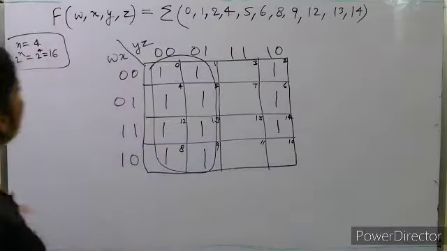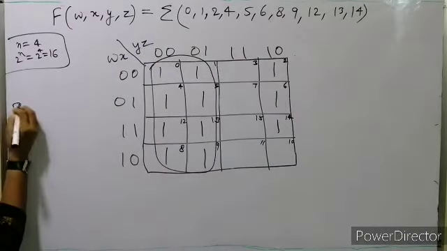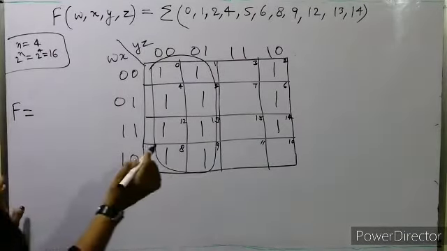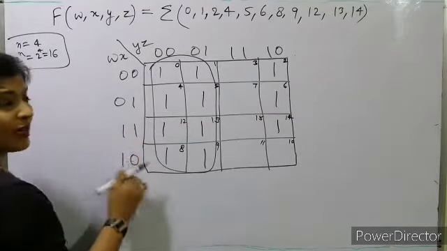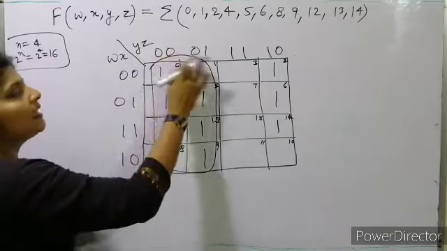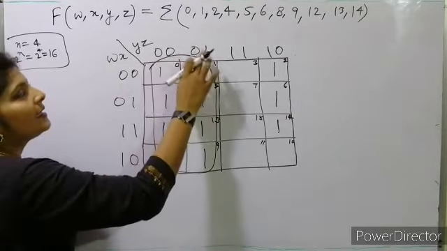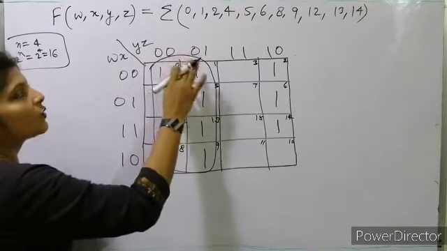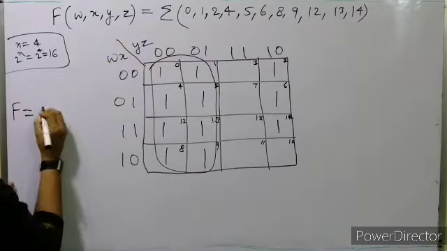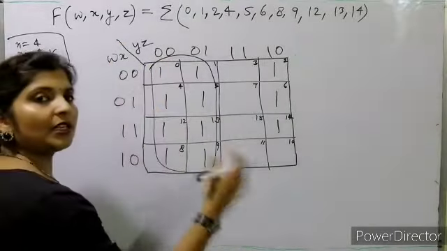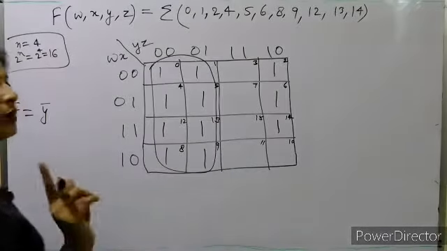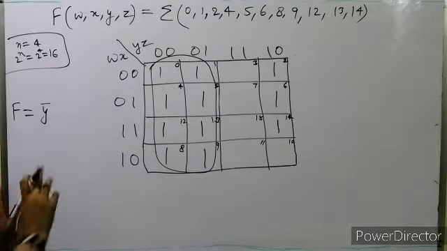Okay, so for f what will we write? For f, these all are varying, 0 0 0 1 1 1 1 0, nothing is common. But in these two, y and z, only y is common, that is y bar. Okay, so we'll write y bar. We have taken 8 at a time, meaning 3 variables missing, only 1 will be there, so 1 is there, complement of that variable.